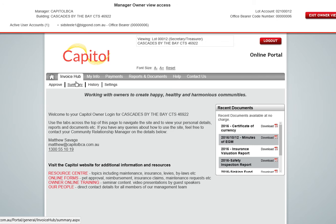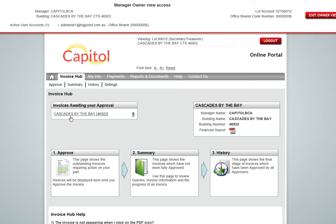For this particular building, I will click on the Invoice Hub to give you an overview of what the screen looks like and how it works. You can see here that the building is named Cascades by the Bay and that there are 6 invoices awaiting your approval. I'm looking at what the owner of this building would look at when they are logging into the